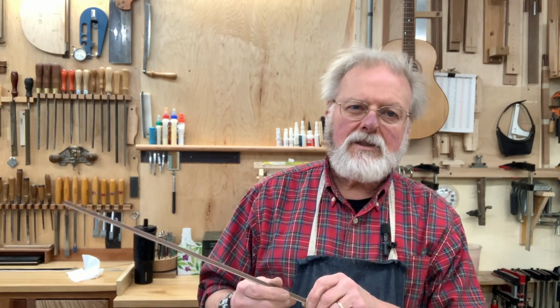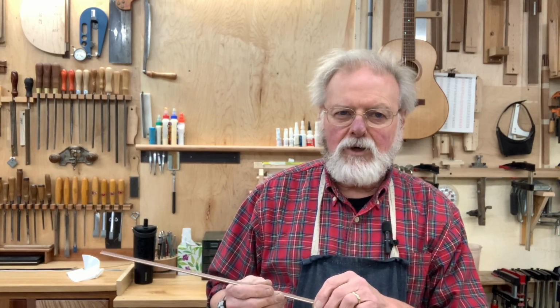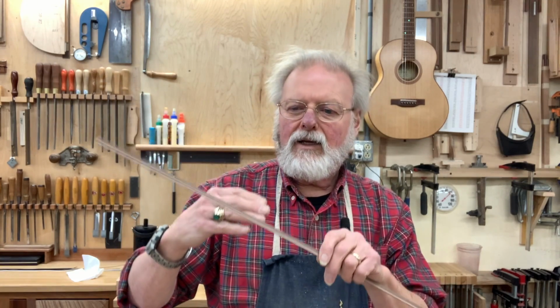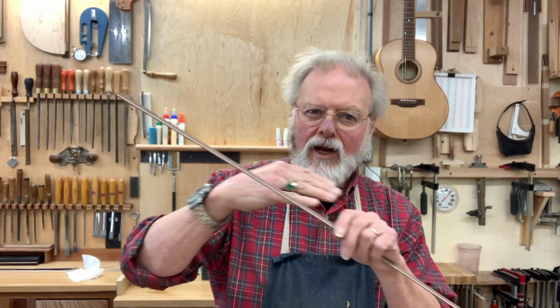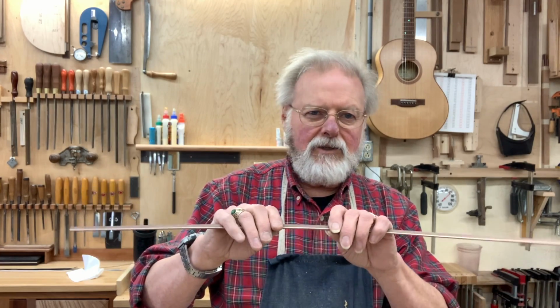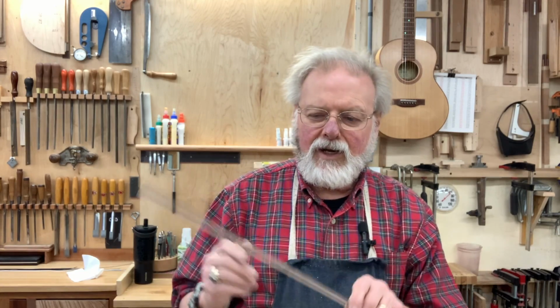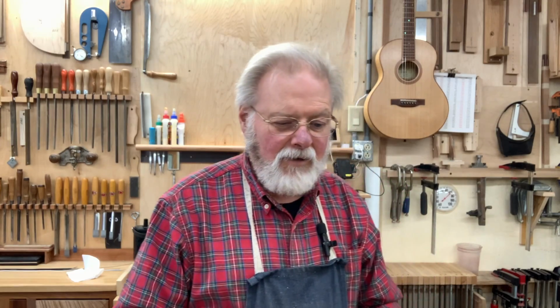Not too long ago I put curly maple binding on a guitar, and I think I went through 7 pieces to get 4 of them correctly bent because the run out was so quick in it, at such an angle across that grain. You'd be heating along, you think you're doing fine, and all of a sudden it's in 2 pieces in your hand. Go figure. Anyway, I'm going to turn you back to the bending iron that I've got here and see if I can get in close enough so that you can see what I'm doing,